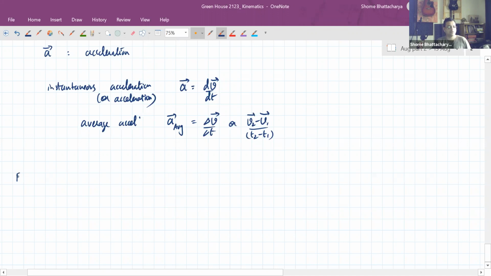So for example, if a particle's instantaneous velocity is given by this relation. Now let's take something a little more interesting. It is given by